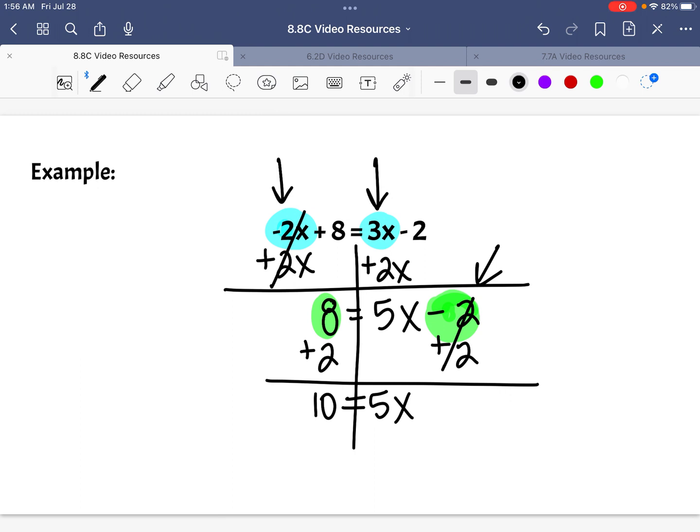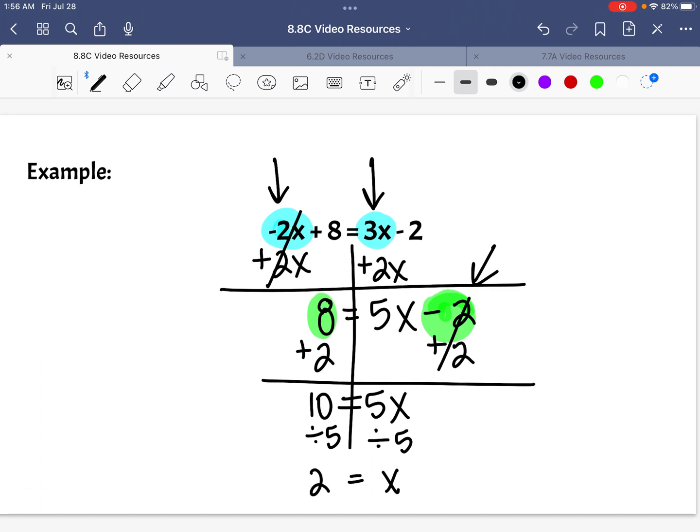And now we're down to just a 6th grade equation. I know that 10 is equal to 5 groups of x, or 5 times x. And so the inverse operation of that would be to divide into 5 different groups so I can find out what just one x is equal to. So when I have 10 divided by 5, I get 2. And when I have 5x divided into 5 groups, I get just 1x. So my x is equal to a positive